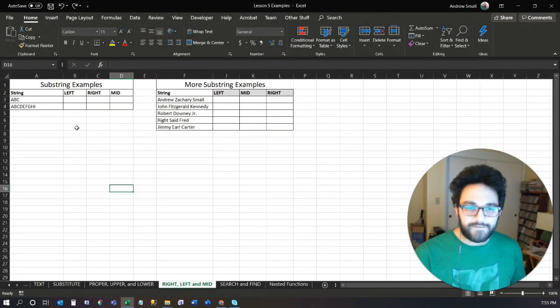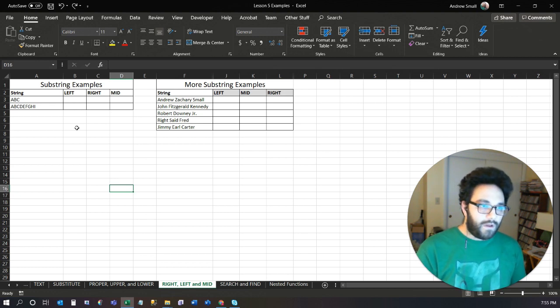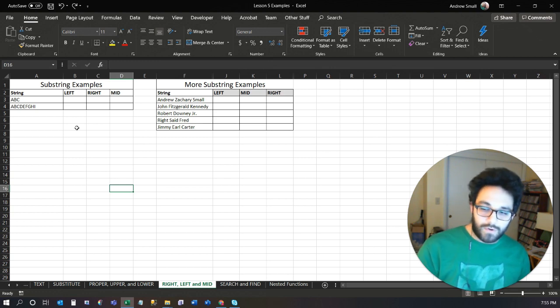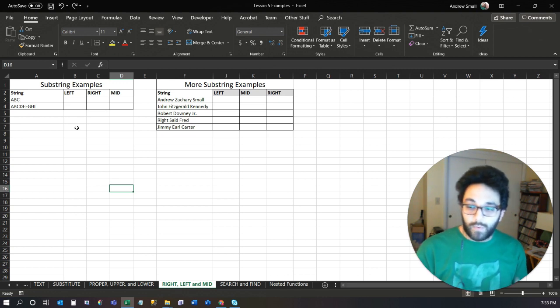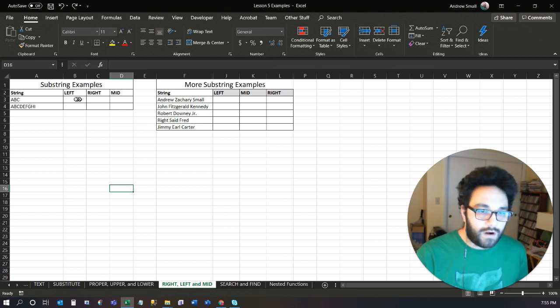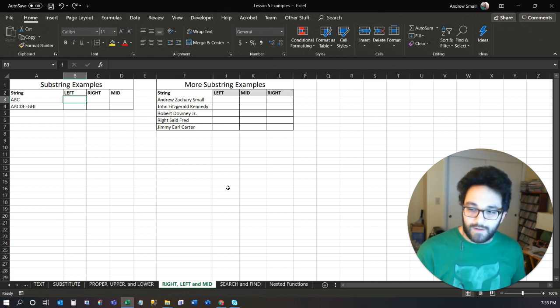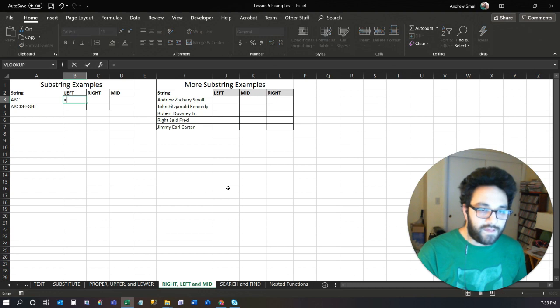So the left, right, and mid functions, the substring functions, on their own are just building blocks. They don't really offer you much as standalones. But we'll see in a little while what some of the possibilities of those are. But the way they work is they return the specified number of characters from a given part of a text string. So in this case, we have